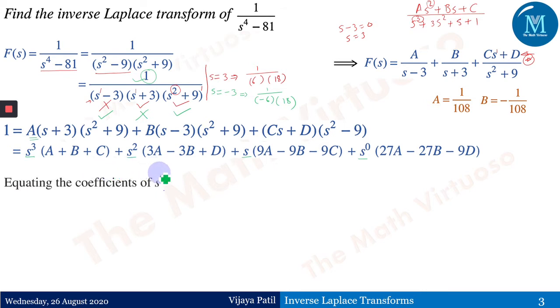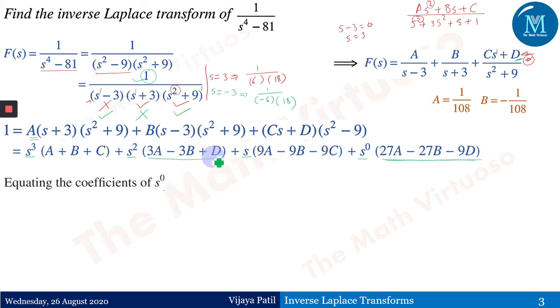Now what will we do? We will first try to calculate the value of D, because D is a constant over here. If you observe here in the s squared plus 9, the numerator. So this is equating the coefficient of s to the power 0. Now this is one of the ways. Other ways, you have to find the coefficients of all of them where this D is lying. D is in one of the brackets as a constant. Similarly, I have got the second bracket here as 27A plus 27B minus 9D, and here is 3A minus 3B plus D. So you have got two different ways.